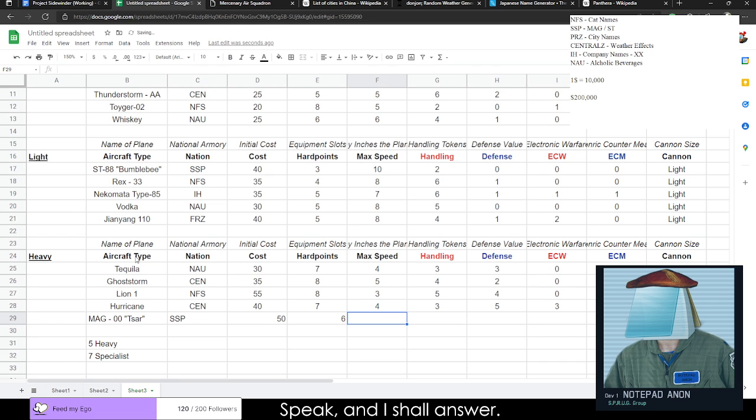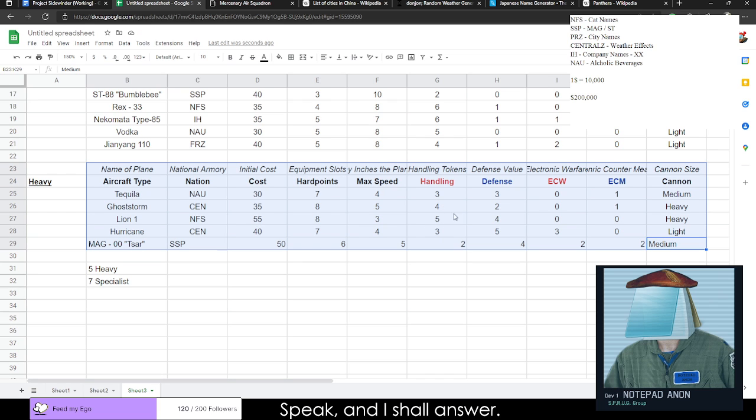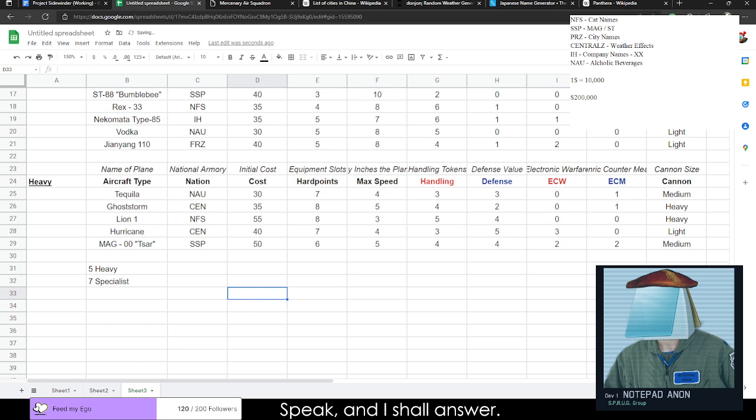Hard points, you're not going to have that many hard points. You're going to have a decent speed. Handling, you're going to have pretty garbage handling. Your defense is going to be fairly high. You're going to have decent ECM, and you're going to have a medium cannon. Actually, you're a little bit, you're 20 more. Let's give you 2 more handling. There we go. Like, the Tsar is pretty good. The problem with the Tsar being that it's a...